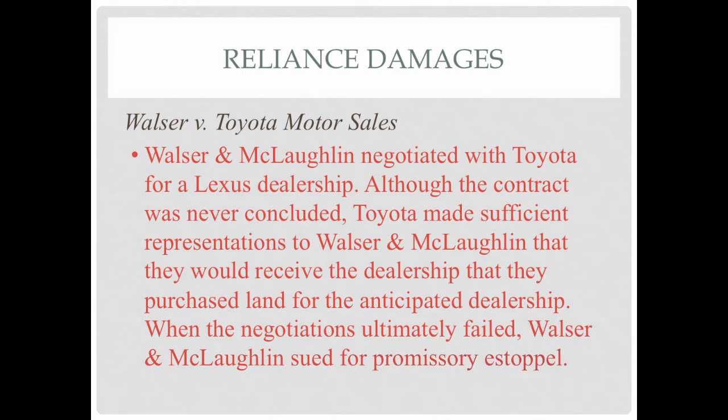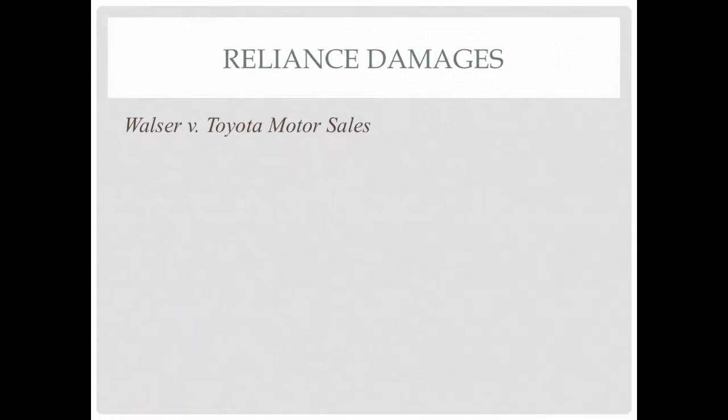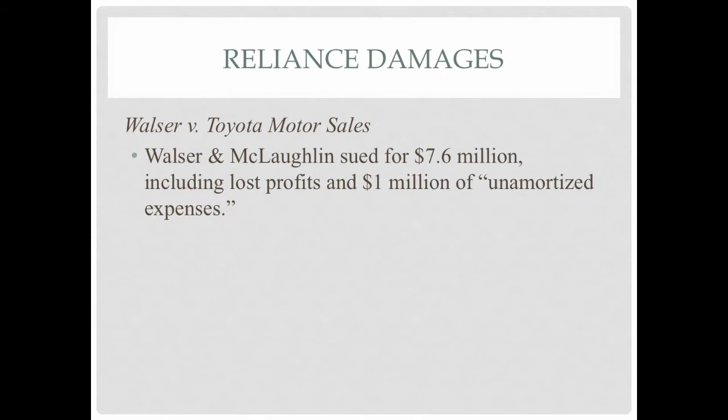They went out and they actually said, hey, we're going to have a dealership, so we need a place to put it. We buy this parcel of property that helps us get the dealership. When the negotiations ultimately failed, Walzer and McLaughlin sued Toyota for promissory estoppel. Now, in their suit, they were seeking $7.6 million, which included both lost profits and $1 million worth of what